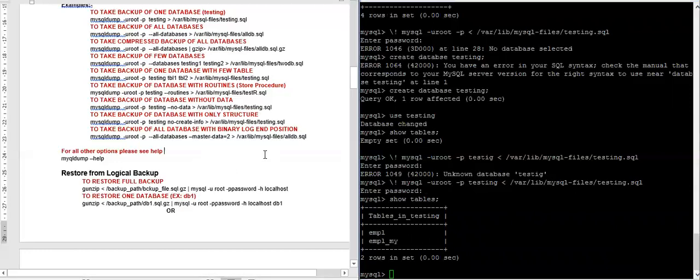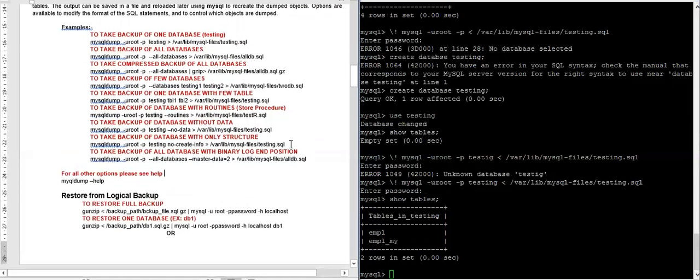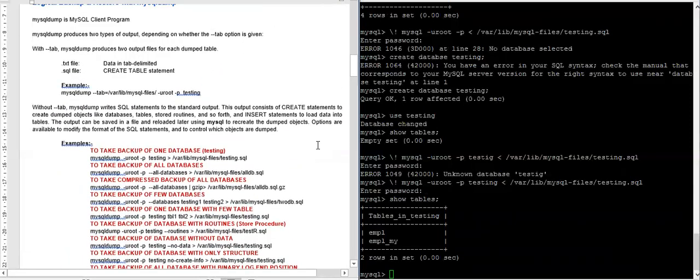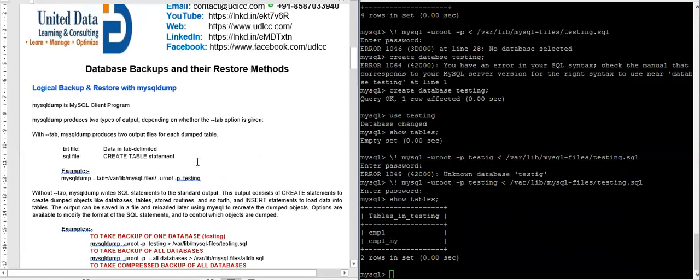Okay, so I hope you understand the logical backup using mysqldump. Now for these two tables, we can also use the tab option. Let's do the backup of the same database.